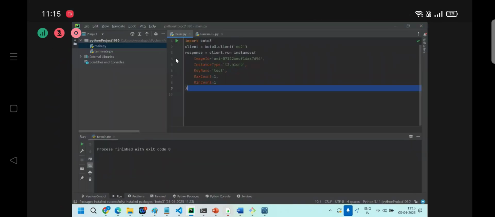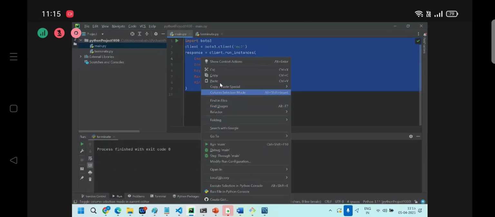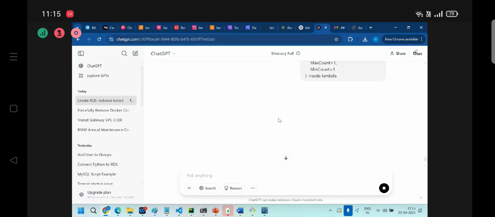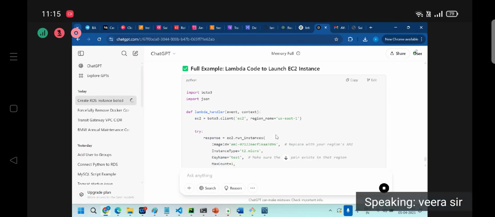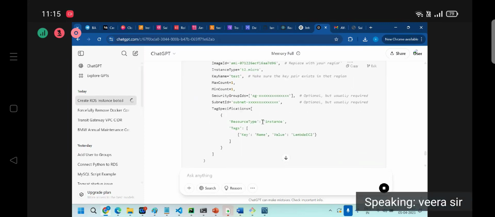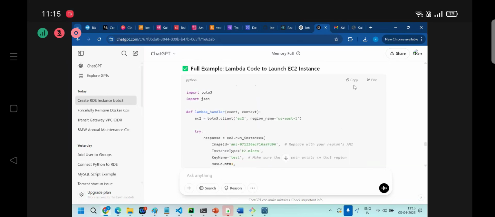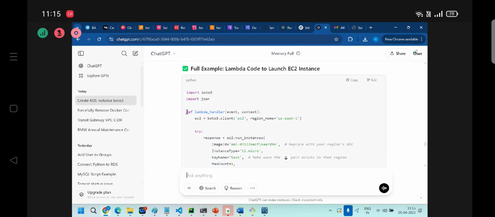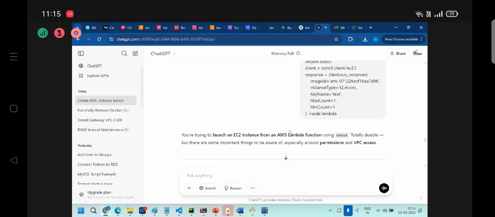Let me take a creation of EC2 instance. Okay, simply you can take this one only. After copying this code,